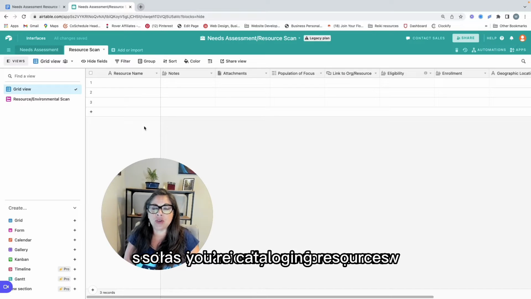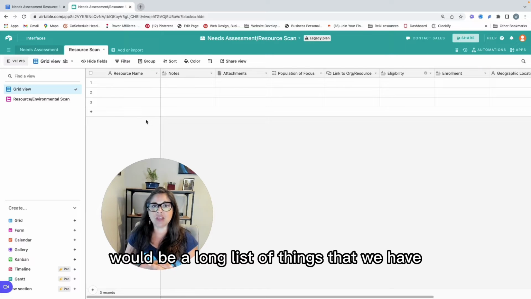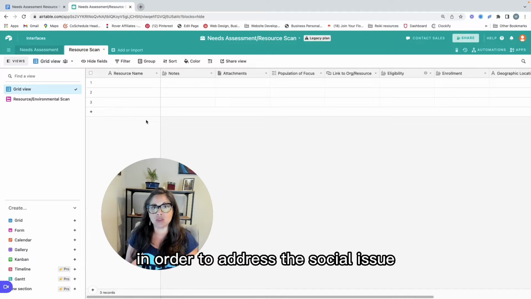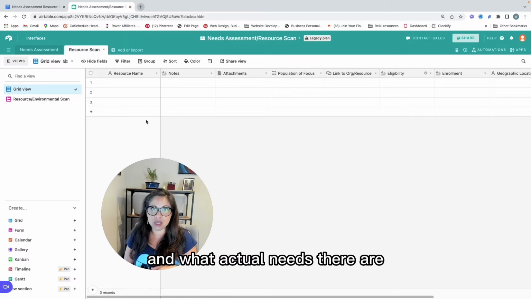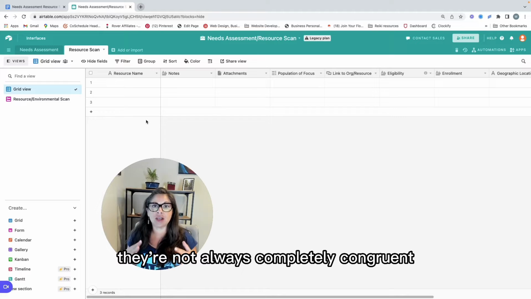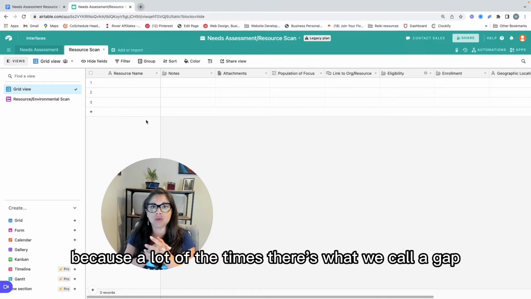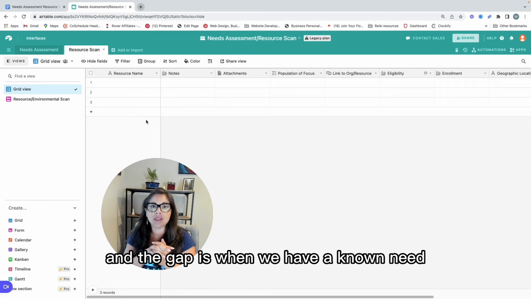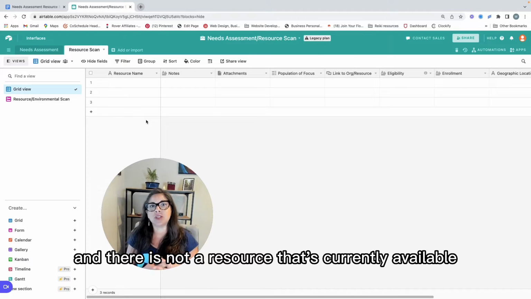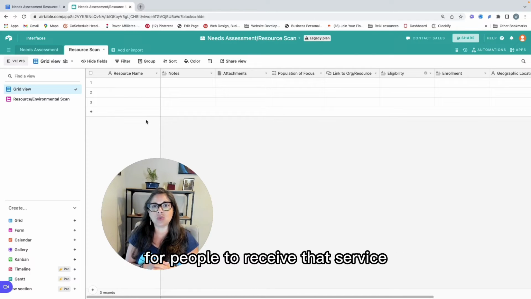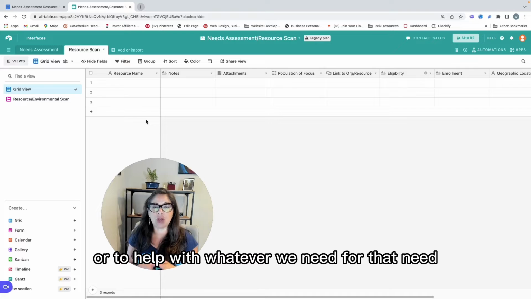So as you're cataloging resources, basically it would be a long list of things that we have in order to address the social issue. The needs tell us the scope of how bad it is and what actual needs there are. They're not always completely congruent, because a lot of the time there's what we call a gap. And the gap is when we have a known need, or we have a need that we discover, and there is not a resource that's currently available for people to receive that service or to help with whatever we need